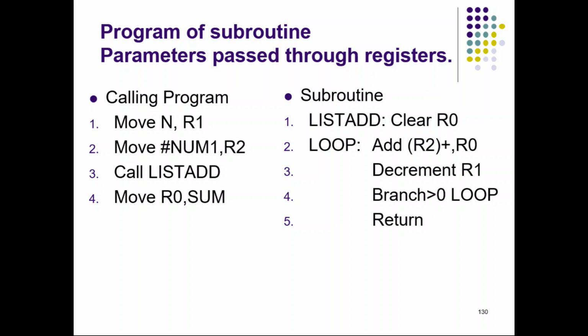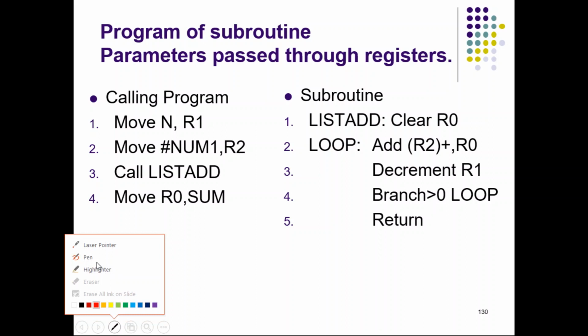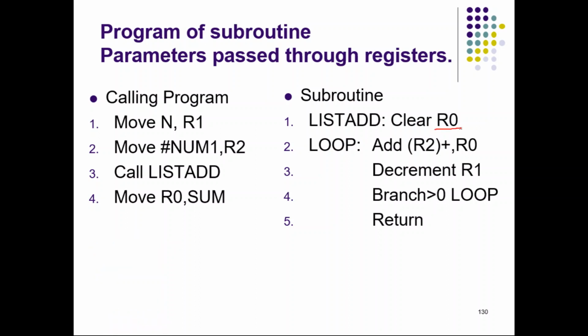Here local variables in the sense, say this R0, R1, R2, if you want to use it in the called program, that is in the subroutine, then we cannot use them directly as such, because the calling program may also be using these registers. Here you can see it is using R1 and R2, so they may have some values. So when the control again finally comes back to the calling program, the calling program will expect that R1 should retain its old value. So we cannot directly use them.